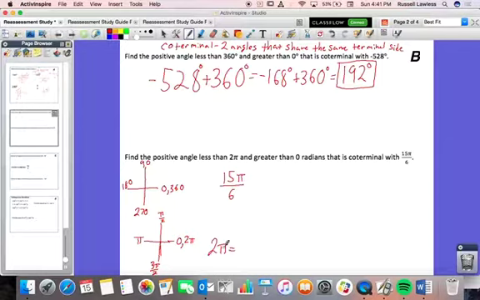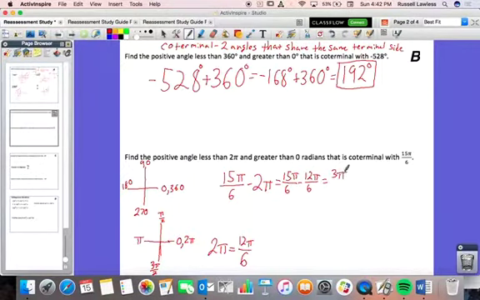So if I write 2 pi and try to get that denominator 6, I'm going to have 6 on the bottom. 2 times 6 is 12. So in this case, a full rotation would be 12 pi over 6. Initially we're taking away a full rotation, which is 2 pi. We just showed that 2 pi is equivalent to 12 pi over 6. So we're going to subtract 12 pi over 6 from 15 pi over 6, and that should give us 3